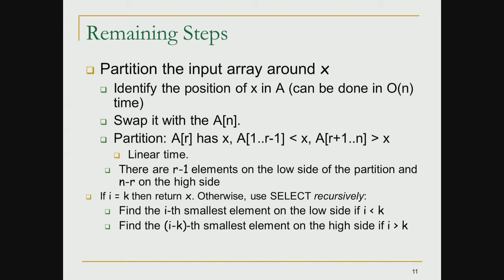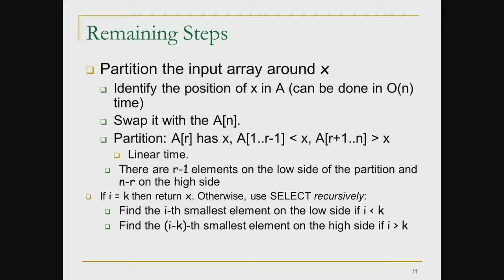What are the remaining steps of the algorithm? We partition the input array around the element x. To do this, the following steps have to be done. We identify the position of x in the array A. This can be done in order of n time by scanning the array A for the element x, and then we perform a linear time partition procedure, which identifies an index